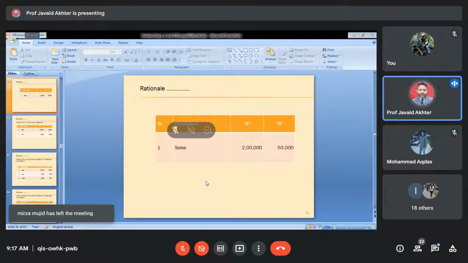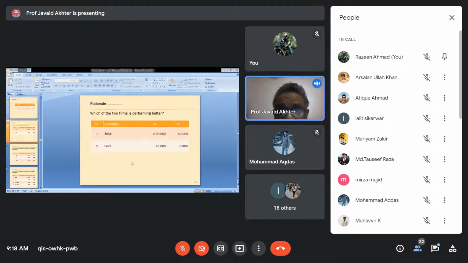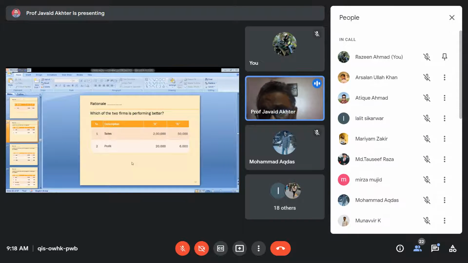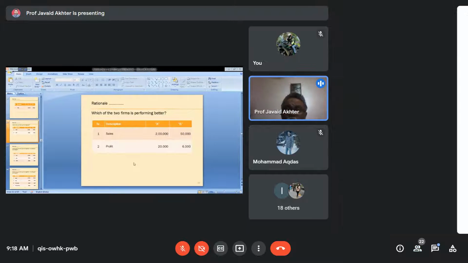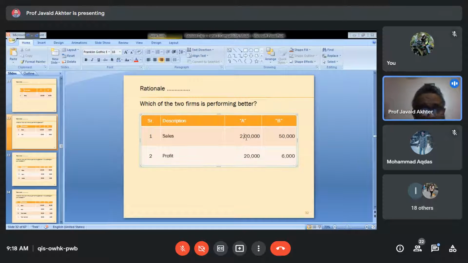Yes, with the help of these slides, I'll give you just an elementary idea here, and then I'll explain the details later. If we have data like this, where sales is given and thereafter profit, we may at times conclude by looking at these two figures. But when we go for the cost data, that is, we have sold for 2 lakh, okay, but out of 2 lakh, what is the cost that we have incurred? What cost have we incurred?